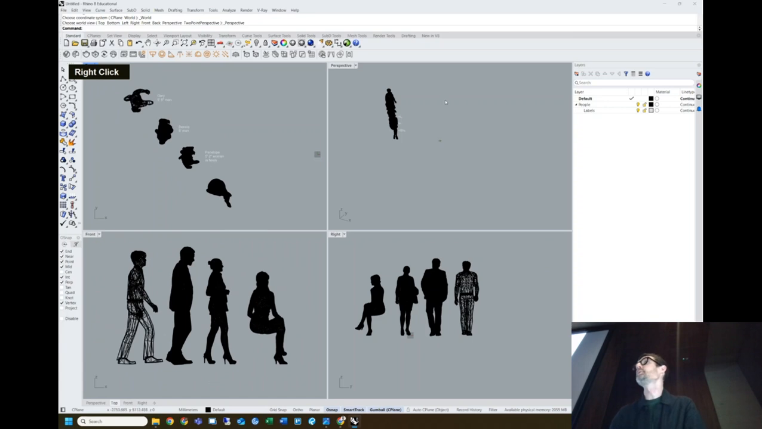Now the perspective viewport is a little bit different because if I right click, hold and drag, something different happens. In this case, I orbit. So I'm orbiting around the center of my view. An orbit is an incredibly powerful tool, and you'll see that people